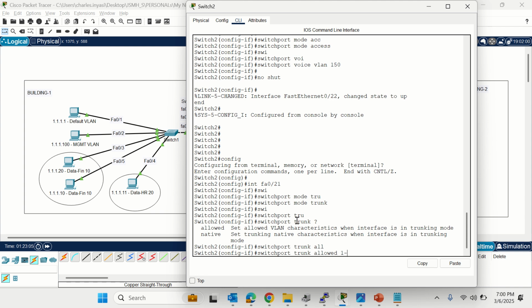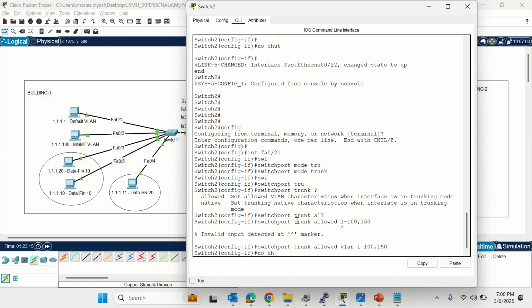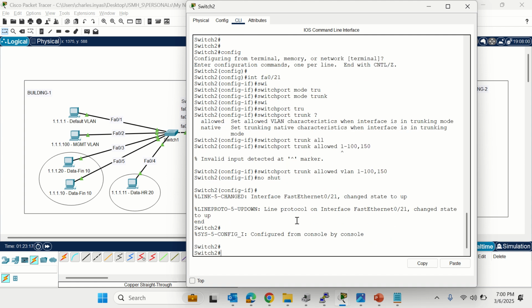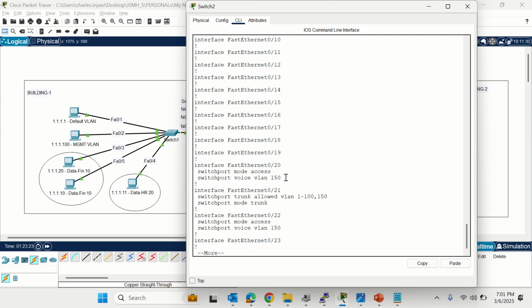Let's say 1 to 100 as well as comma 150 we are going to allow. So which will cover all the, okay, we need to give the VLAN knob. So now it will take no shut. That's it. So we have configured all the interfaces like 21, I mean the 20 interface and the 22 interface,